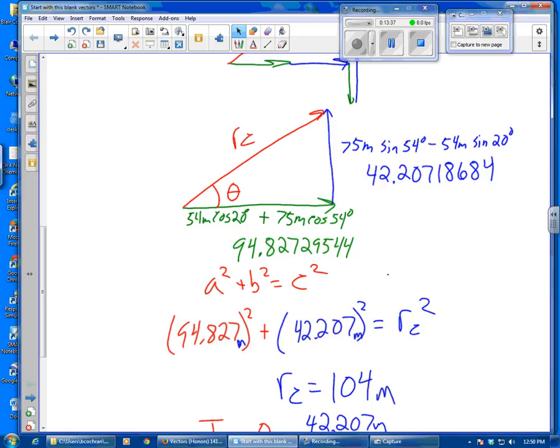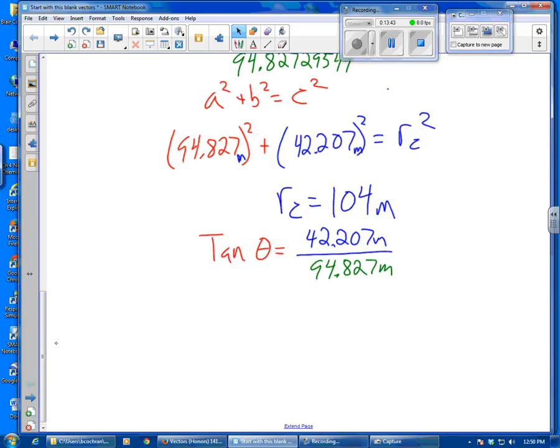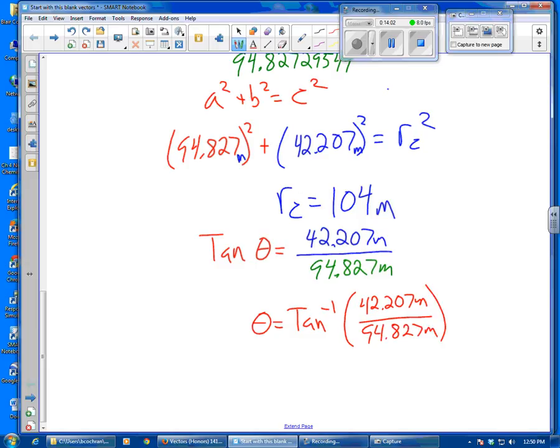Because I have tan theta equals that. So I need to get theta out of there, so I'm going to do the arctan of both sides. And that leaves me with theta equals the arctan of 42.207 meters over 94.827 meters. And that gives me an answer of